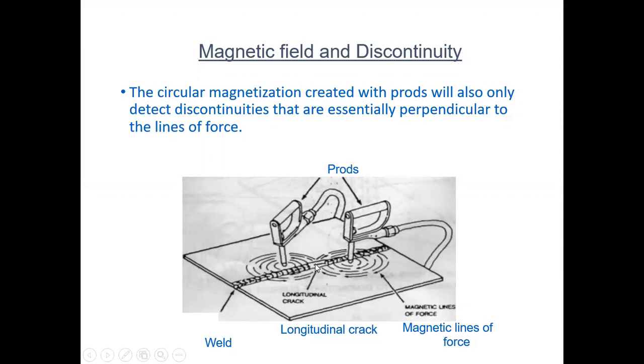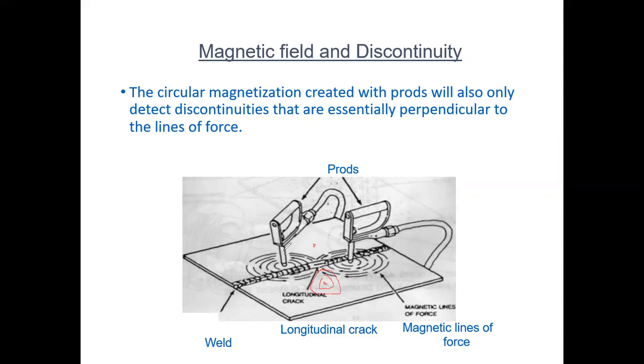Now here see, this is the defect. This defect we can detect because this line of force is making 45 degrees here or 90 degrees here. So we can detect this way. But if you put one prod here and another prod here, then we can't detect this defect. I am showing here. This is one prod position, this is another prod position. So this line of force will move like this, which is parallel to the defect, so it will not be detected.